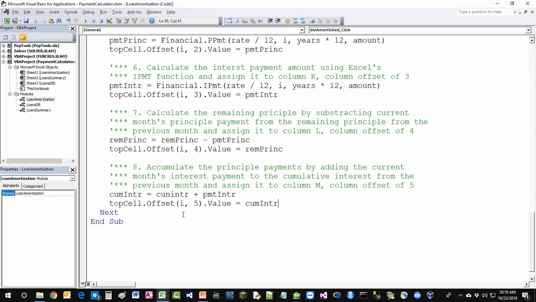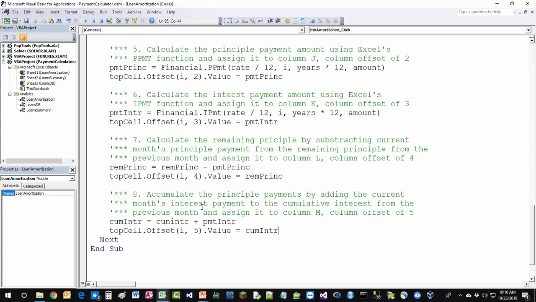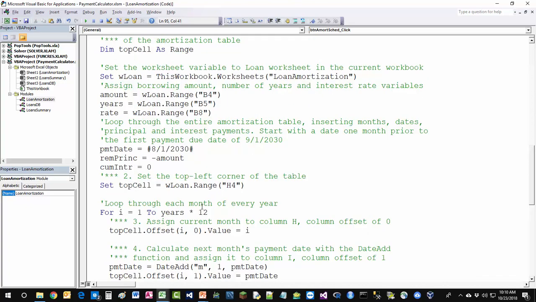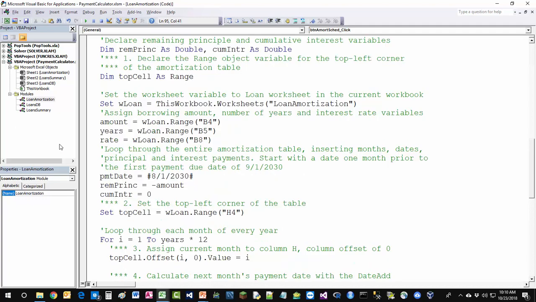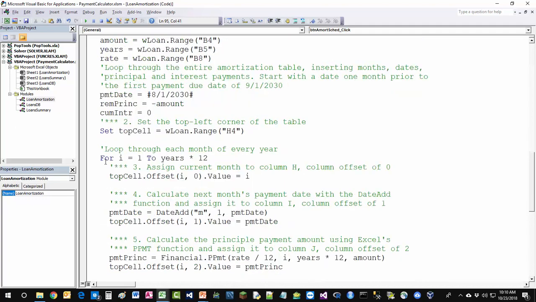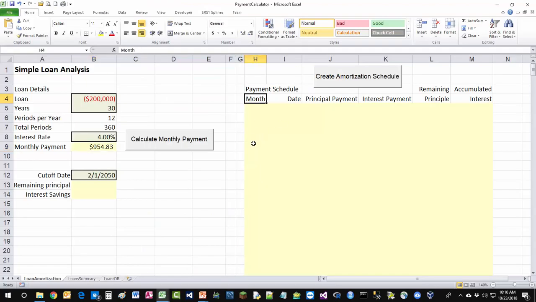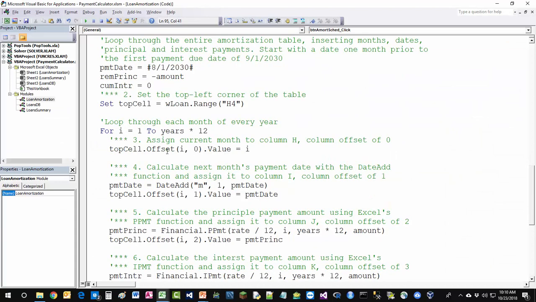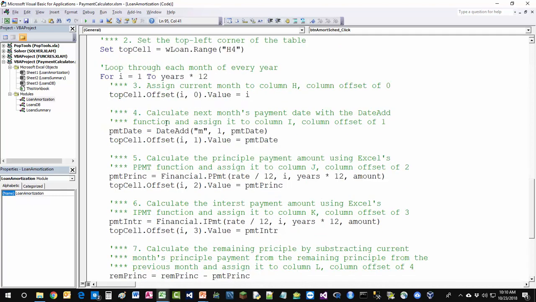Okay, I'm going to save all the changes, review, and make sure that we didn't miss any of the steps. So after declaring the top cell as range, we set it to H4, which is the top left corner of the cell, and that's our sort of reference cell and reference column, as well as the reference row, I suppose. And then we looped through all 360 months of the 30-year loan, assuming it is a 30-year loan,